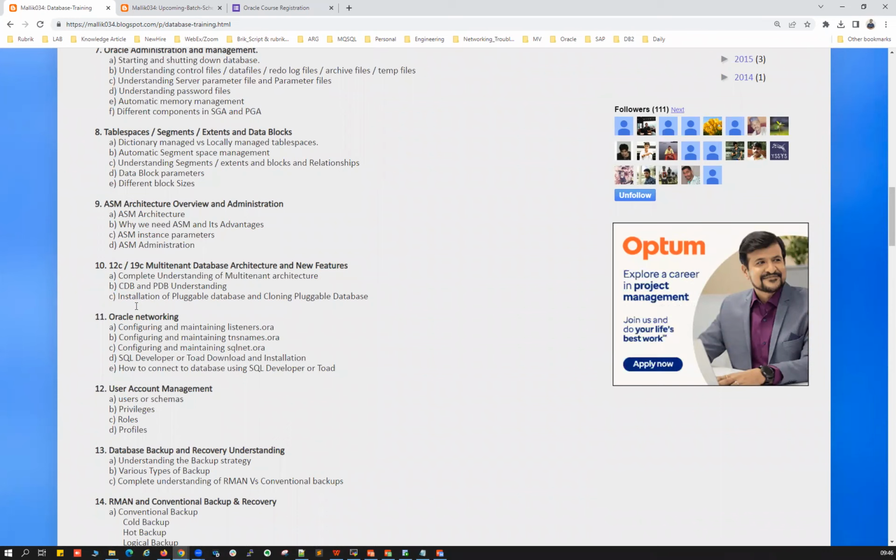conducting 1 or 2 extra sessions every Saturday or Sunday, only for the newcomers who are new to this database world and entering into this IT world. I'll be taking some extra classes either Saturday or Sunday on a weekly basis, going over some of the basic topics to make you understand and bring you up to date along with the experienced level, so that you have a chance to interact with the seniors and understand what kind of questions your seniors are asking in this particular batch.